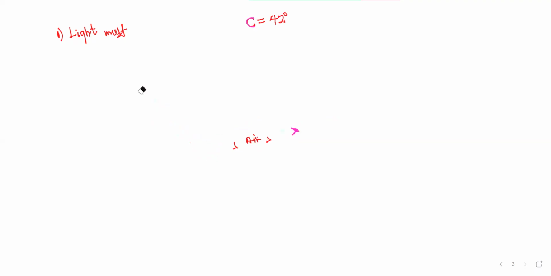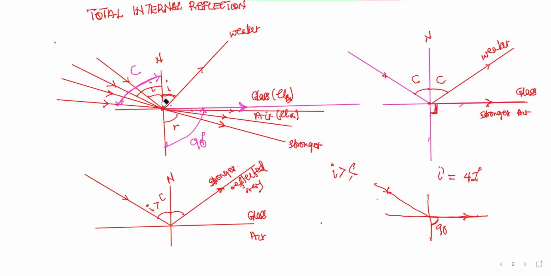So we went through stages of the diagram. Let's go back to it. The first stage, light was incidented from more dense to less dense, and we were increasing the angle of incidence progressively. Then we go to where the angle of refraction is exactly 90 degrees, and that's the critical angle. Now, at the critical angle, any further increase in the angle of incidence,